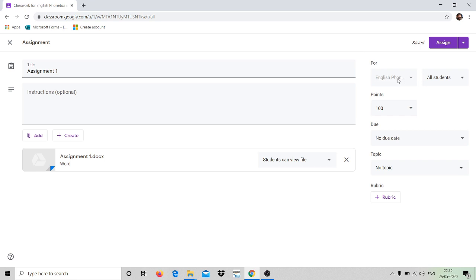If you are running 2 or 3 classes for different semesters, there you will get some option. You have to opt for which class you are going to give this particular assignment. Okay, the second option is for students, and normally we give an assignment for all the students of